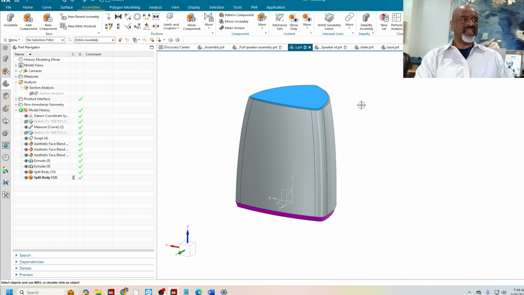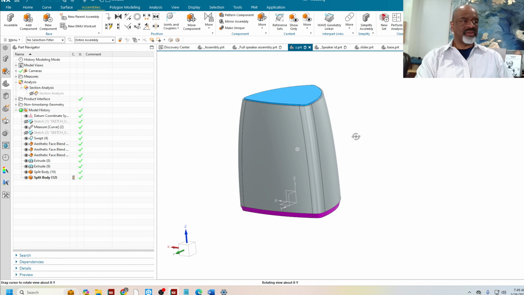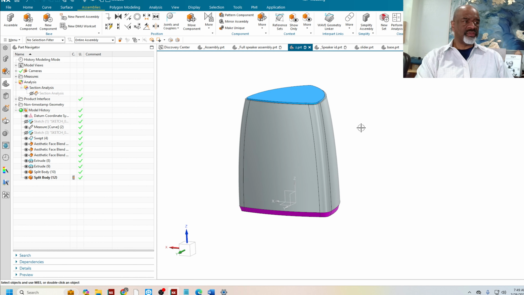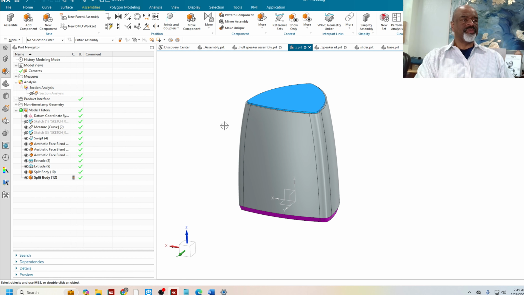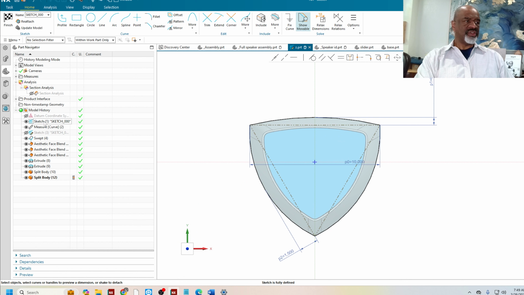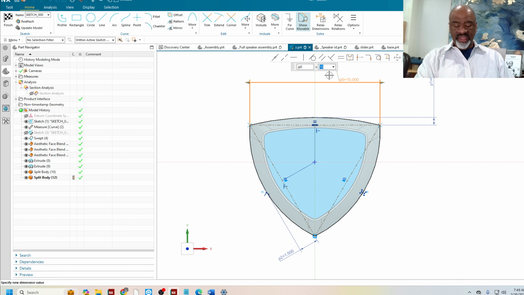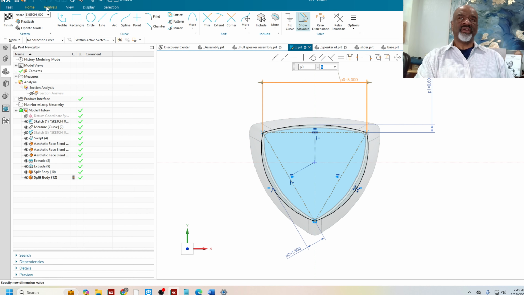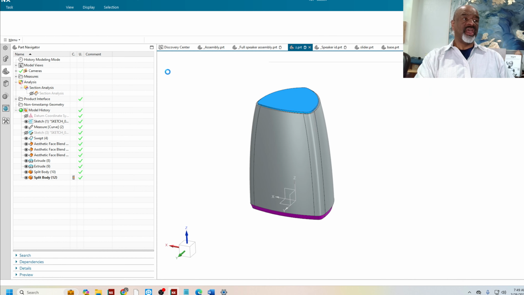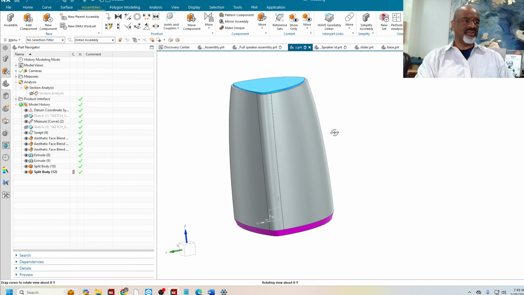And certainly if we house the speaker in there, and we put the circuit board in there, and the bass box, and all the other electronics and controls, and we find that it's too big or too small, we can easily go back to the original sketch and make one change, and everything will change commensurately. Let's test that out. So I'll go back to the original sketch. Here it is. The original sketch was controlled basically by this number, and let's make it 8. And so at 8,